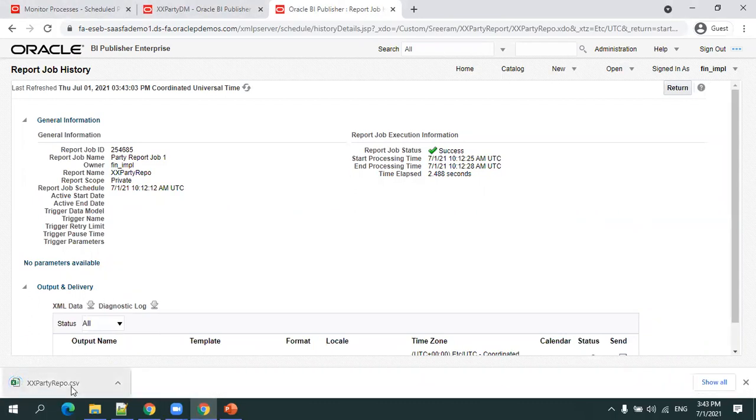So just click on this particular report job name and click on this output hyperlink, and now you can see the output. You can try this option for jobs which are long running and you just want to see the output. This functionality is mostly for having a report without any integration with a third-party system. If it is an ESS job, this functionality is automatically available, right? But if you want to run a job from BI Publisher itself, then you can try this functionality.